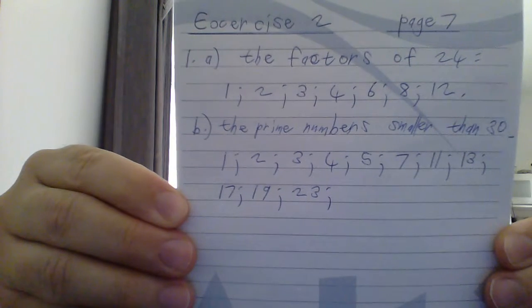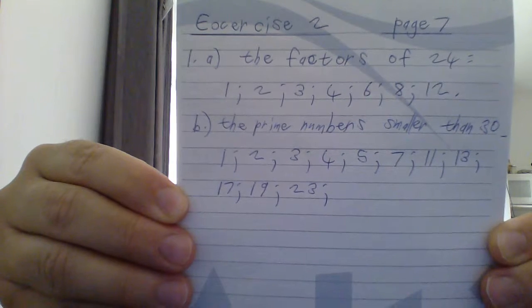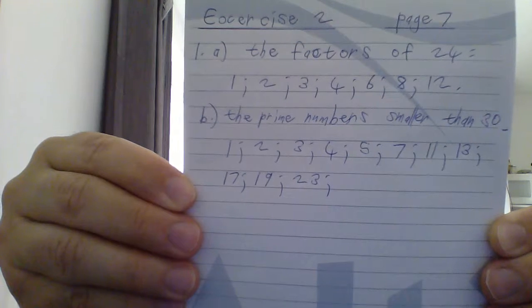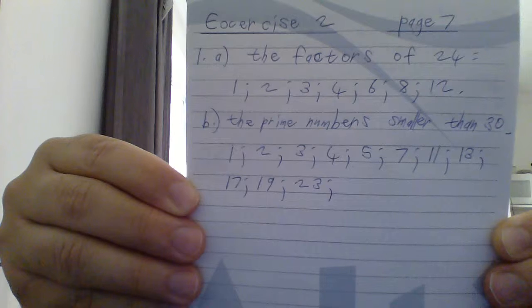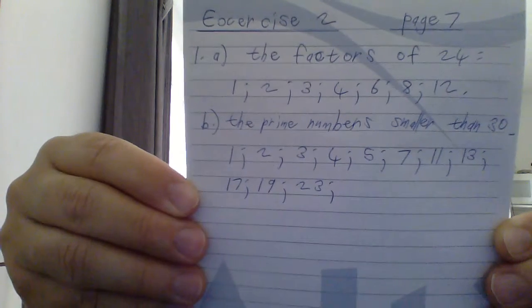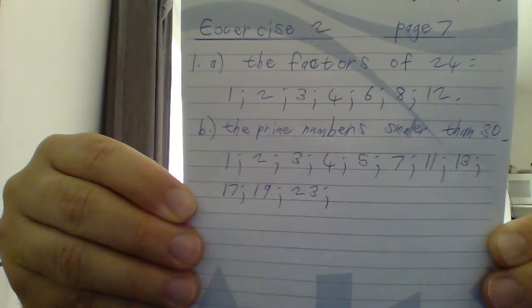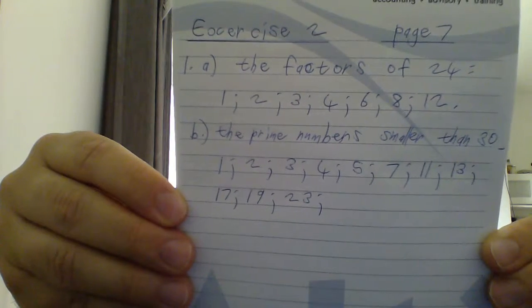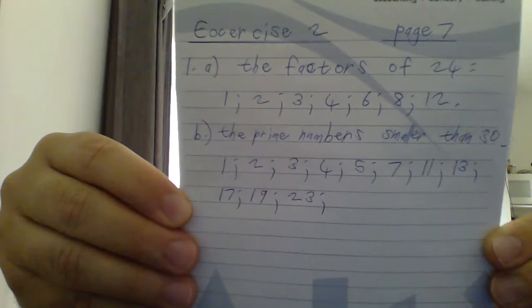24, is 24 a prime number? No, you can divide 24 by 8 and by 2 and by 12 and by 3. 25, is 25 a prime number? No, 25 can be divided by 5. 26, now 26 can be divided by 2. Remember, a prime number must only be divided by itself and by 1. 27, no, 27 is not a prime number because 3 goes into 27 9 times. 28, 28 can be divided by 2